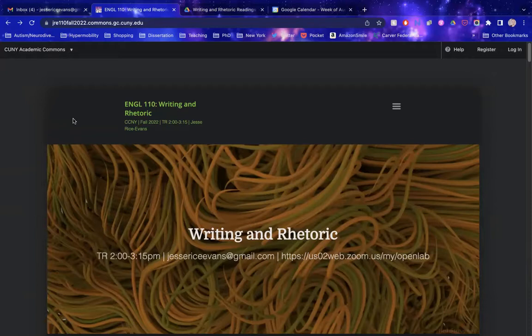That's okay. You will be able to view the course site and even leave comments on the course site, even if you're not able to sign up for the Commons quite yet. The process of doing that is pretty simple. You'll notice over here in the top right corner, in the top toolbar, there's a little button that says register. When you're going to sign up for your Commons account for the first time, this is what you're going to select.